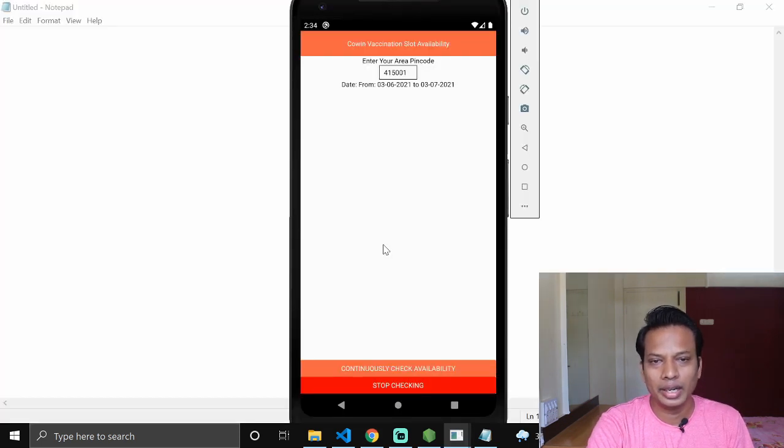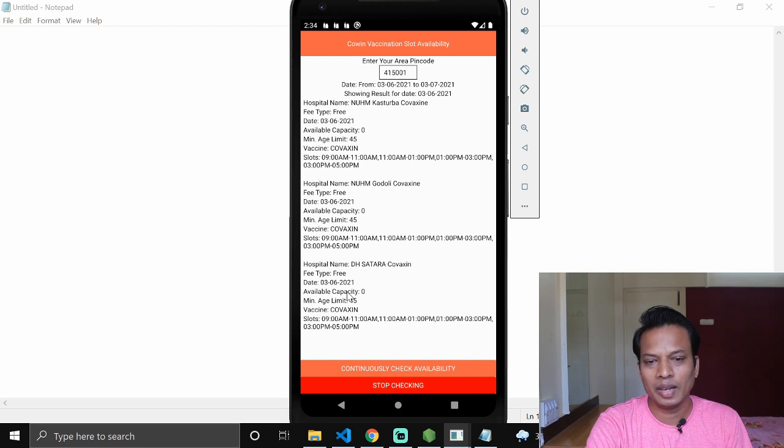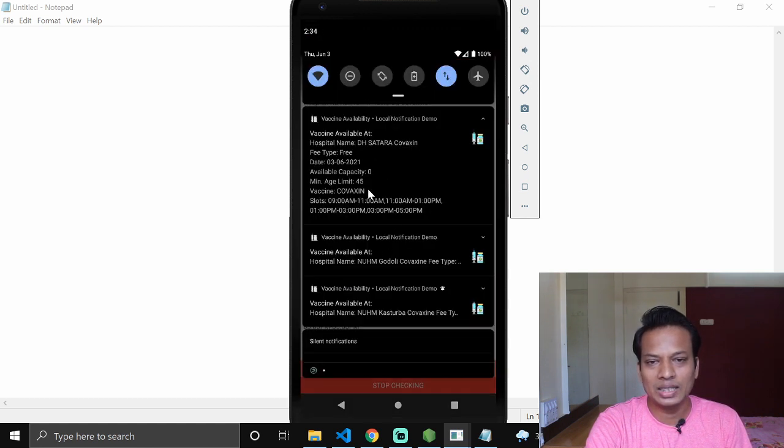Once you are done entering your zip code, you can click on this continuously check availability button. When you click on that button, it will check the vaccine availability for your area continuously in the background. So let me click on this button and you will see it has started checking the vaccine availability for my area. It has shown me 3 hospitals where the vaccine can be available. Just to show you how notification works, I have disabled the condition to check whether the available capacity is greater than 0 or not. So you can see I have received the notification, 3 notifications by the way, which shows